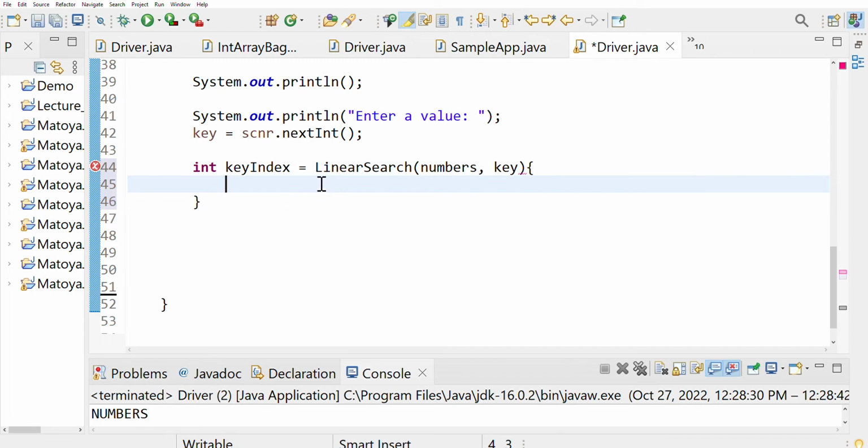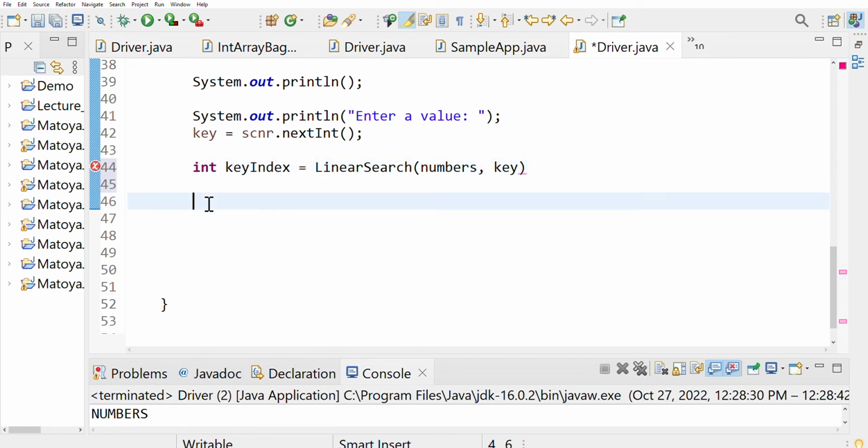I meant to do an if statement. So if key index is equal to -1, meaning that it has not found